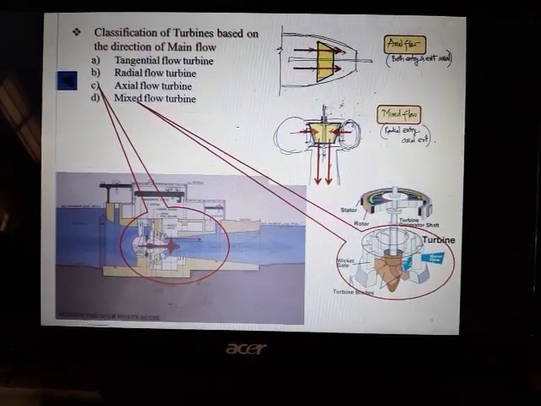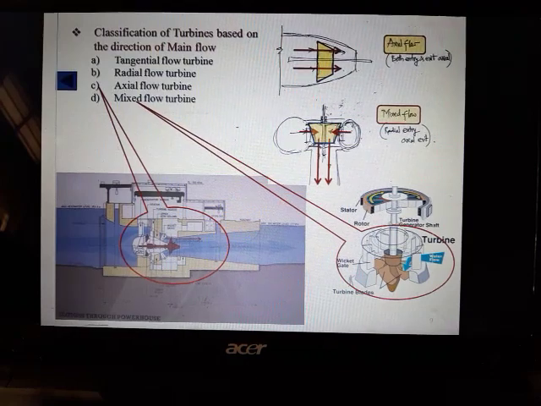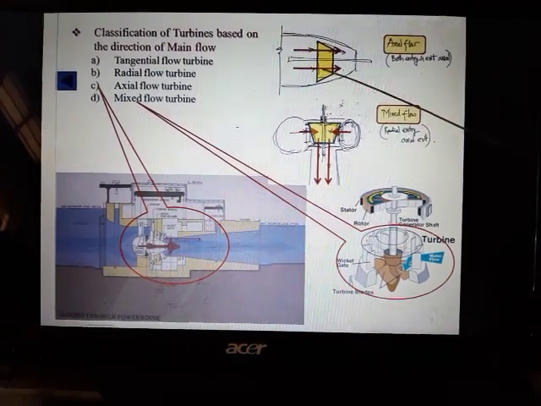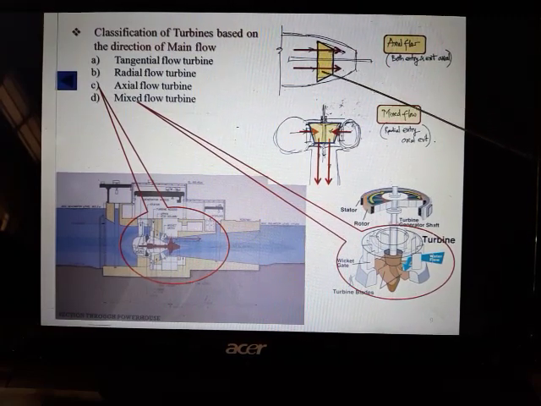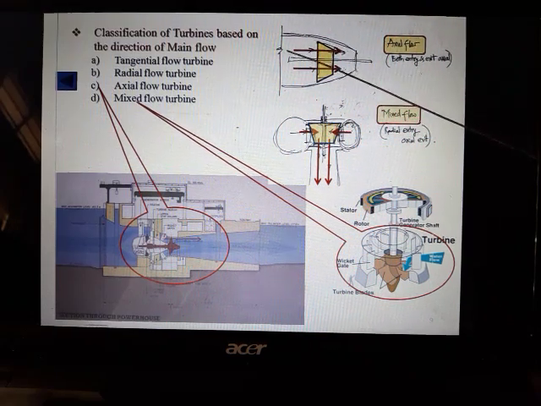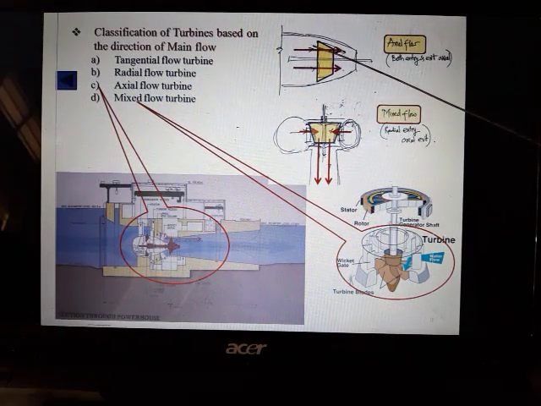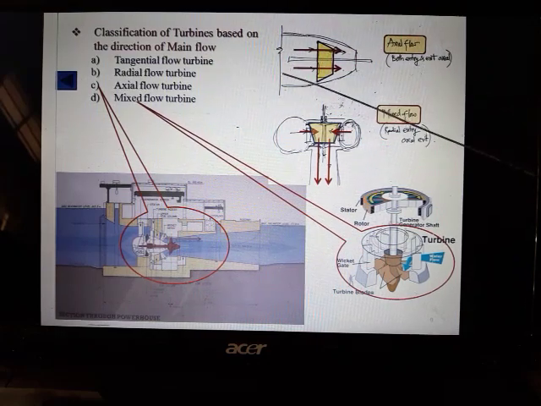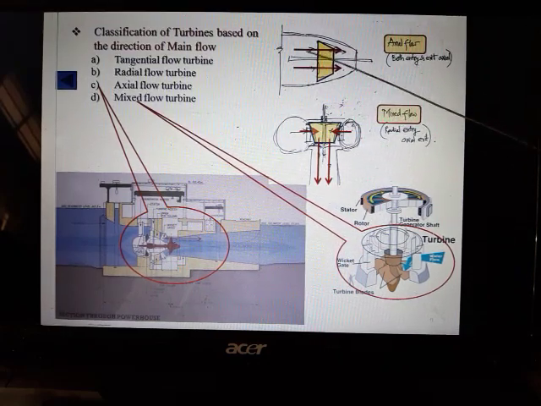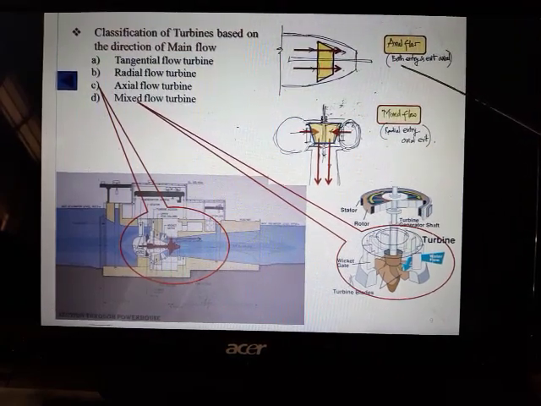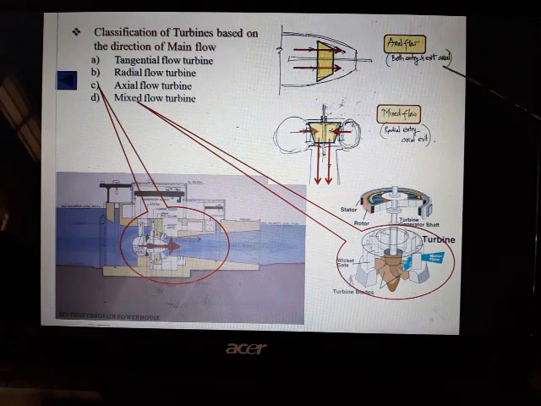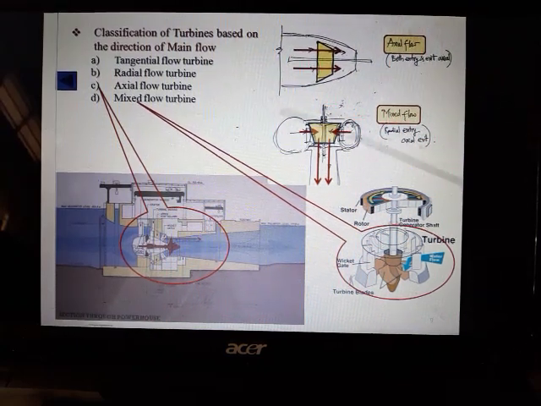So here we'll see axial flow turbine and mixed flow turbine. In this schematic diagram, there is a central shaft and then vanes are there around the shaft, and the direction of the flow, if you look at it, comes in and then straight goes out. So this direction of the flow is parallel to the shaft, that's why it is called axial flow. So both entry and exit are axial, and a practical example of this kind is run-of-river plants.